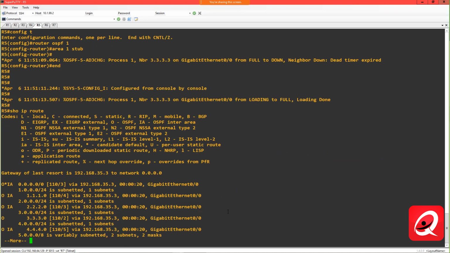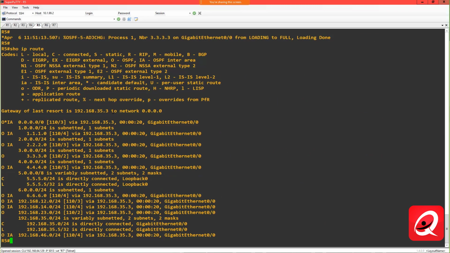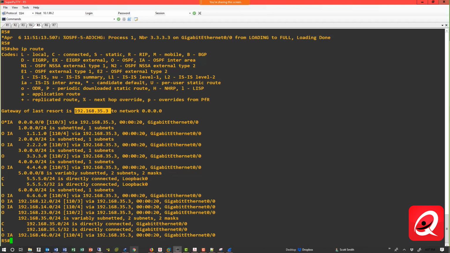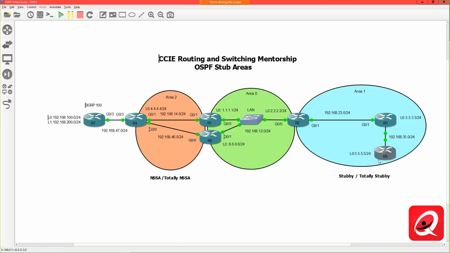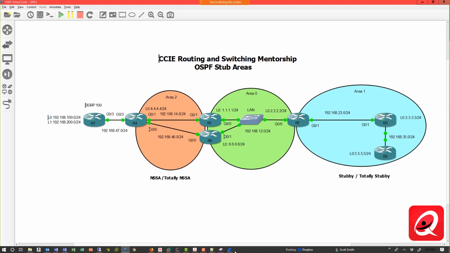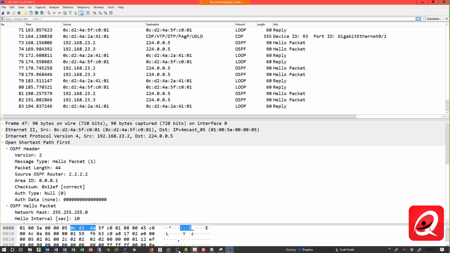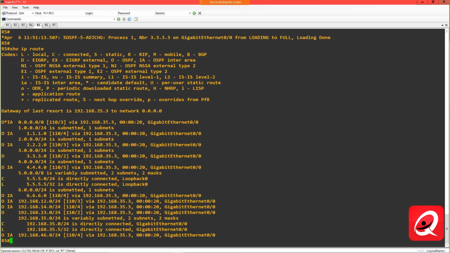Show IP route, we have a gateway of last resort, which is set to router 3. Remember, router 3 in this topology is this router. If I was to look in router 3, it would indicate that the next hop is router 2. All right, so that's being injected. That's coming in as a type 3 LSA. And we can see that the external LSAs have been